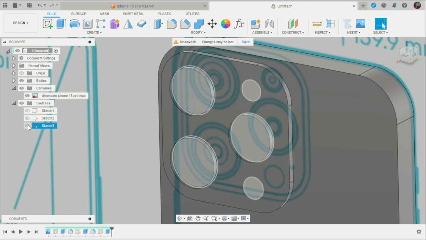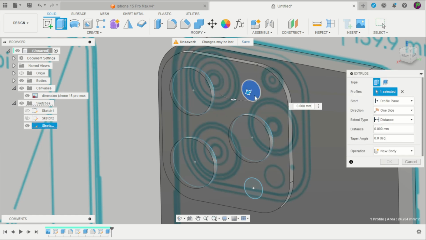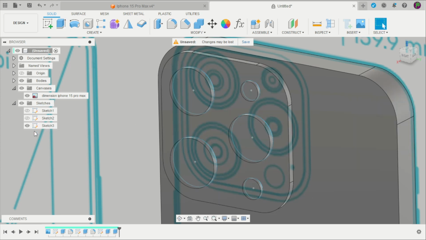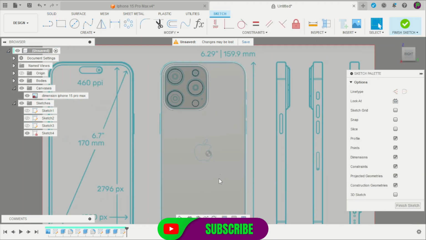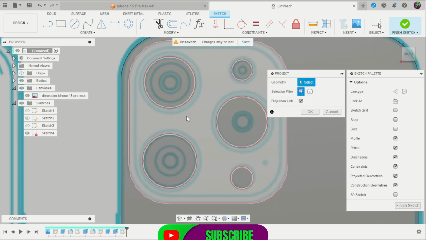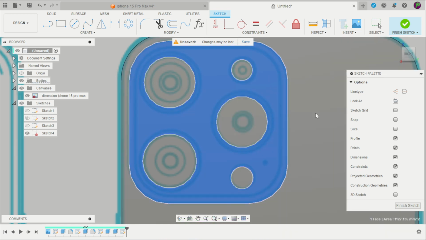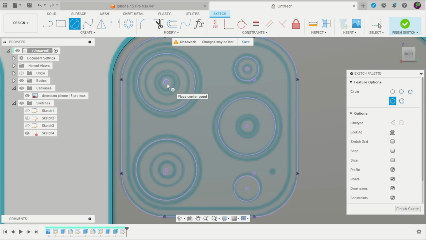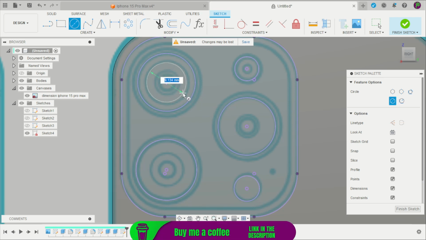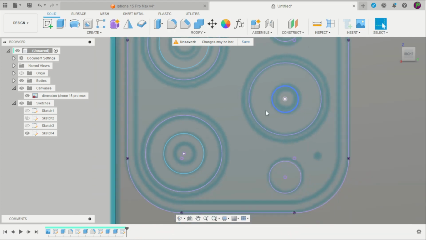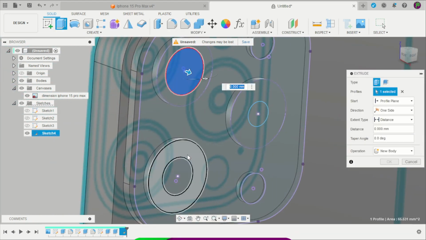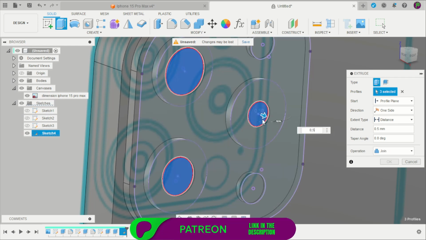We turn the sketch on high. E for extrude, this tube is 1 millimeter. Hide the sketch, repeat the process, click here. You can use the P for project and create here on the middle as a concentric the cameras, and that will be extruded as 0.5 millimeters